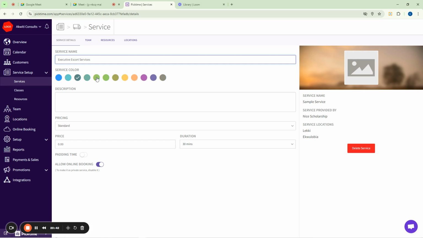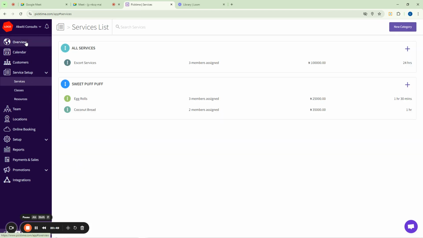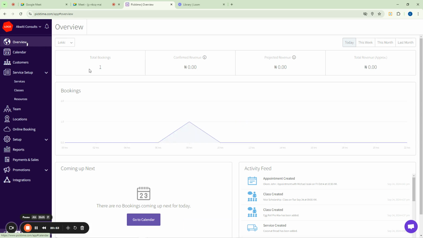And then you can actually add color, and you can describe and say what we offer here is... Somebody just made another booking now, so let us see what she actually wrote for us here. So if you come here now, you see that there's somebody else here with a booking.